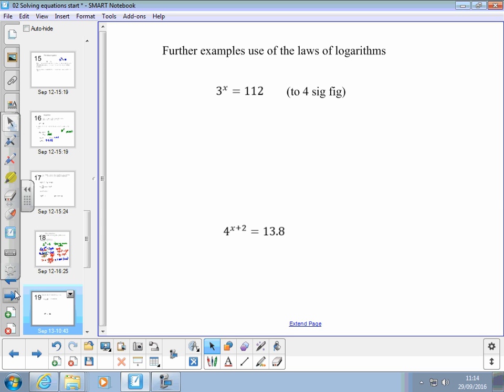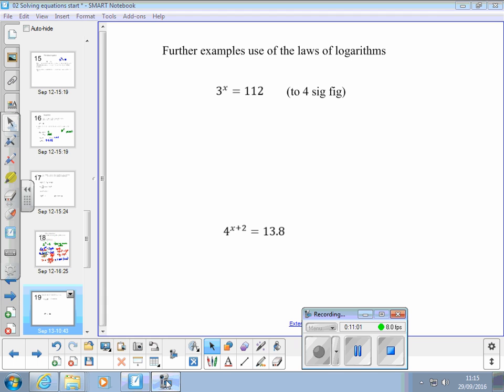So the top one, what are we going to do? In fact, have a go at those two. I know the second one's probably a little bit more tricky. Have a go at them, 5 minutes, and then we'll go through them. Right, the first one, 3 to the power of x is equal to 112. First thing to do is